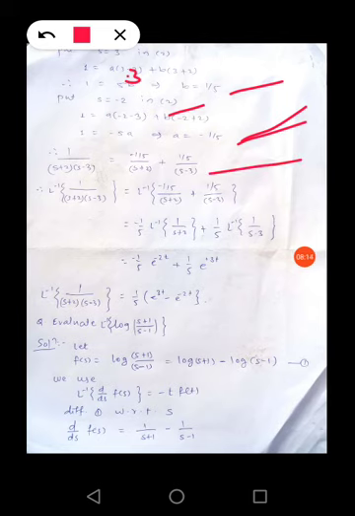Now taking inverse Laplace transform on both sides, we say L inverse 1 upon s plus 2 into s minus 3 is equal to L inverse minus 1 by 5 divided by s plus 2 plus 1 by 5 divided by s minus 3. Now take minus 1 by 5 common from the first because this is constant. So L inverse 1 upon s plus 2 plus 1 upon 5 constant into L inverse 1 upon s minus 3. Now we have the properties.